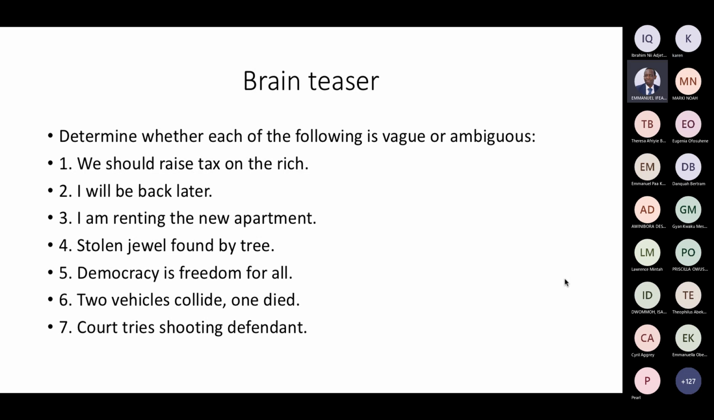Okay. Yeah, so I agree with you that there is a problem in the word rich, but that problem is not ambiguity, it is vagueness. If you cannot determine who are the rich, then it means that the word is not giving you a boundary of application. It is just like expensive. So you would rather say it is supplying the problem of vagueness. Okay, thank you very much, sir. Yeah, I agree with you, sir. Yeah, so when you say we should raise tax on the rich,